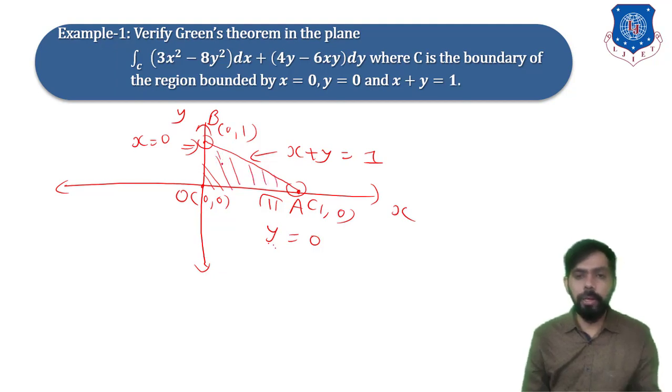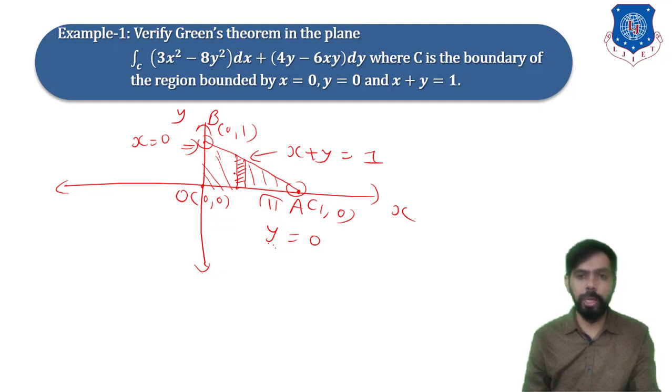Okay, this will be the bounded region. Now we will have to find the integration over this region. Here first of all we will integrate with respect to y, then with respect to x. If we want to integrate first with respect to x, then with respect to y, then we will have to draw a horizontal strip. But here we are integrating first with respect to y, then with respect to x. Therefore here we will draw a vertical strip in this region. Suppose we want to integrate with respect to x first, then we will have to draw a horizontal strip. In both cases we will get the same answer.